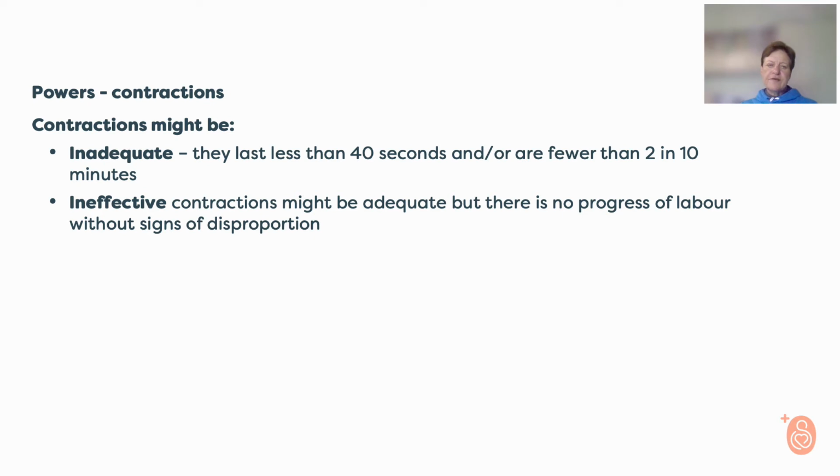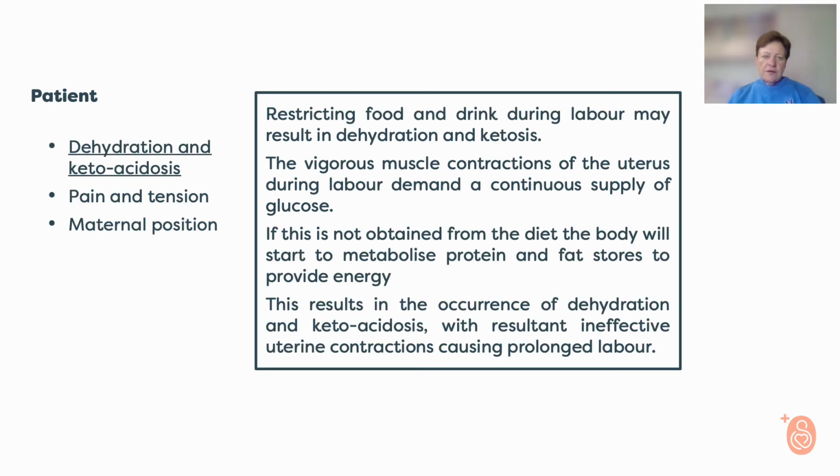Or we might have adequate contractions. They might be long enough and the frequency might be enough, but they are not effective, and there's no progress of labor without any signs of disproportion. So there's nothing that hinders the fetus to go through the pelvic channel, if I can call it like that, because there's no sign of CPD, but as I've said, the contractions are just not effective enough to make the fetus move through. Okay, then we come to the fourth P, which is the patient, and every aspect